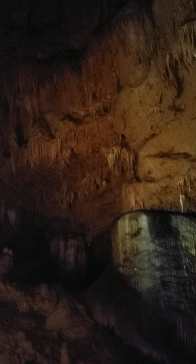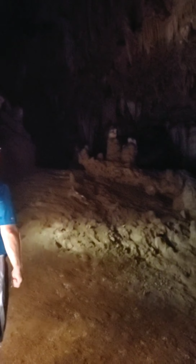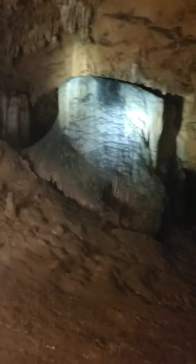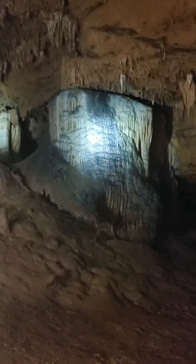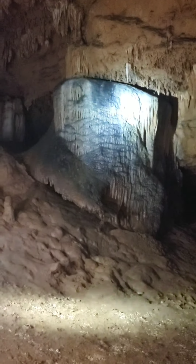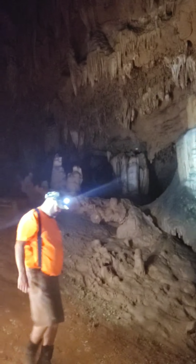But if it takes 100 years for this little thing to grow an inch, how long does it take to grow this thing? If we could walk around behind it, you can see that this is a circular formation as big as a redwood tree. And it took thousands and thousands of years to grow here. It's very active. You can see it's reflecting light well. That means there's water sticking to the formation and fresh calcite being laid down. But I do want to point out that